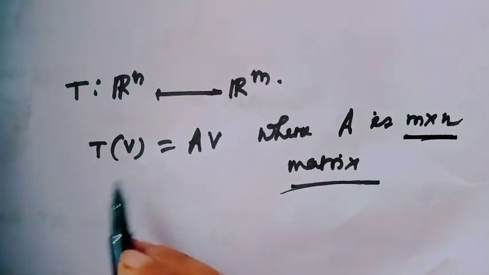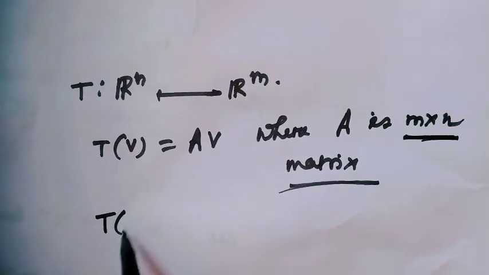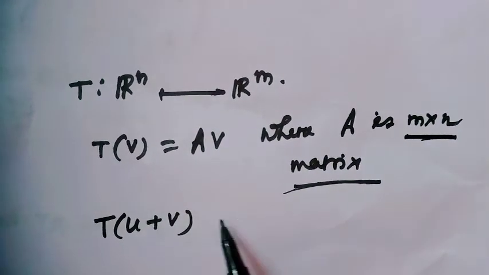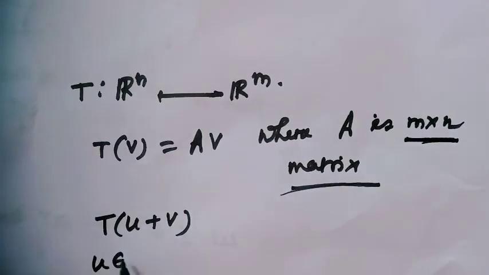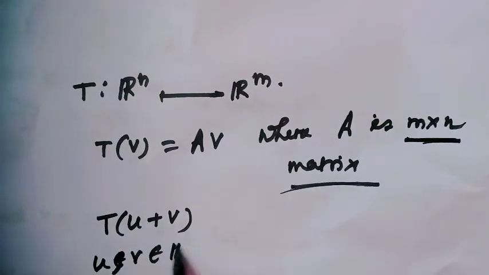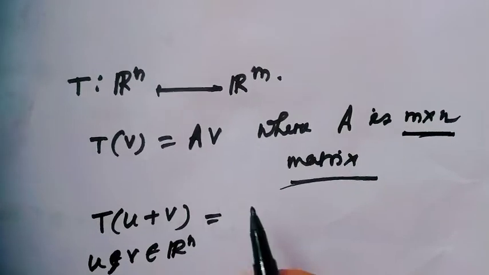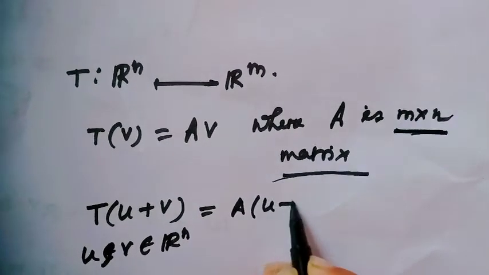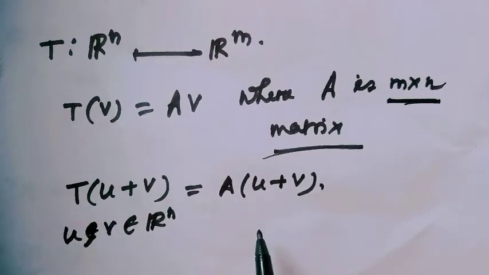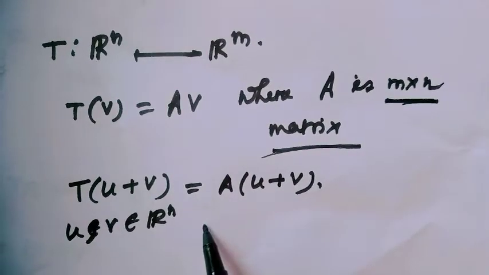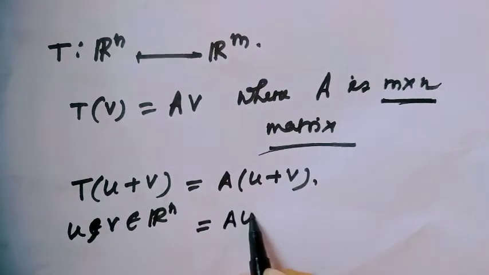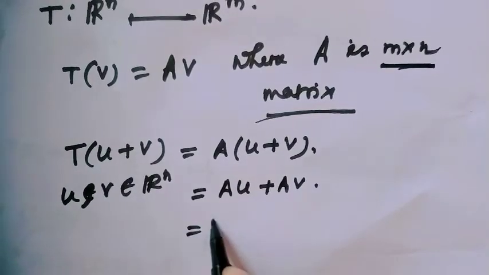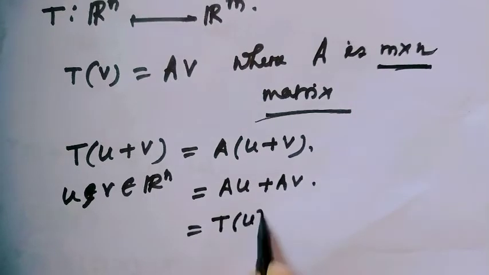If you consider two vectors u and v, where u, v belong to Rn, then by the defined mapping this would be A times (u plus v). By the rules of matrix addition, this is equal to Au plus Av, and which is equal to actually Tu